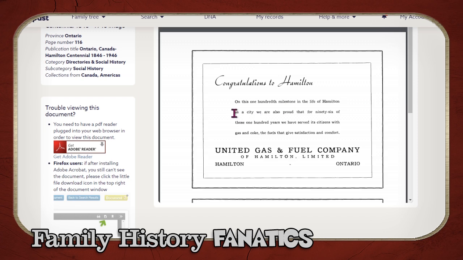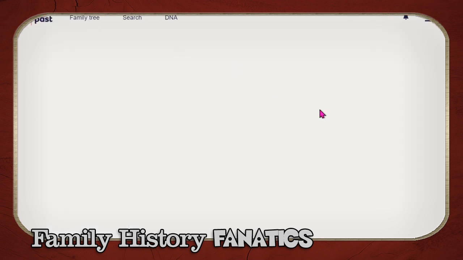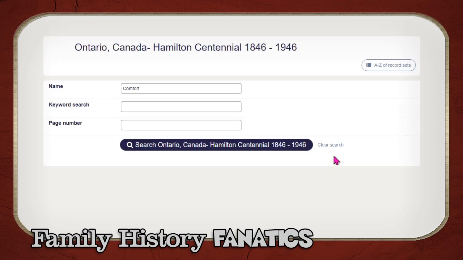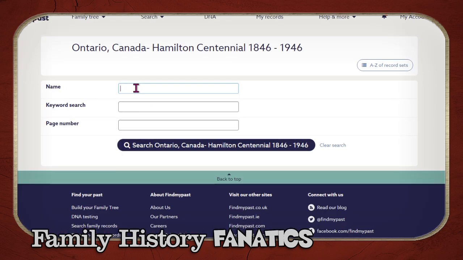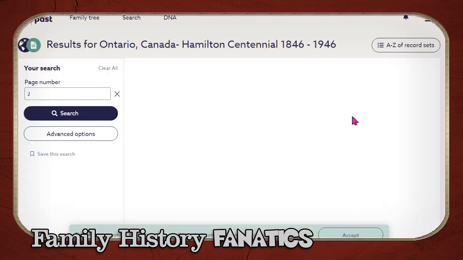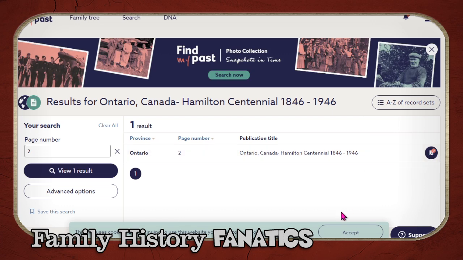The other entry talks about a United Gas and Fuel Company. We have served its citizens with gas and coke, the fuels that give satisfaction and comfort. So we're not looking into this collection to find our ancestors, especially if they have such a unique name. Instead, we're going to go to the first page or the second page, and we're going to start exploring what